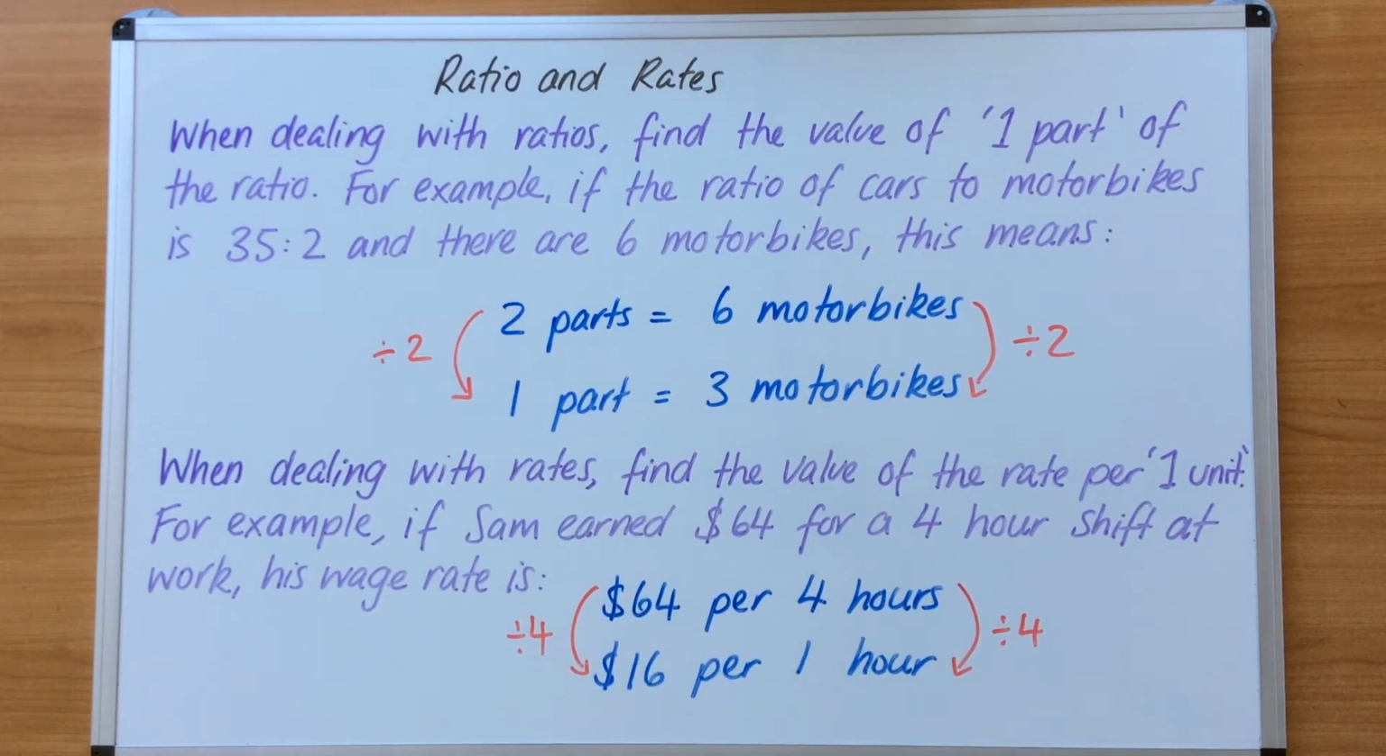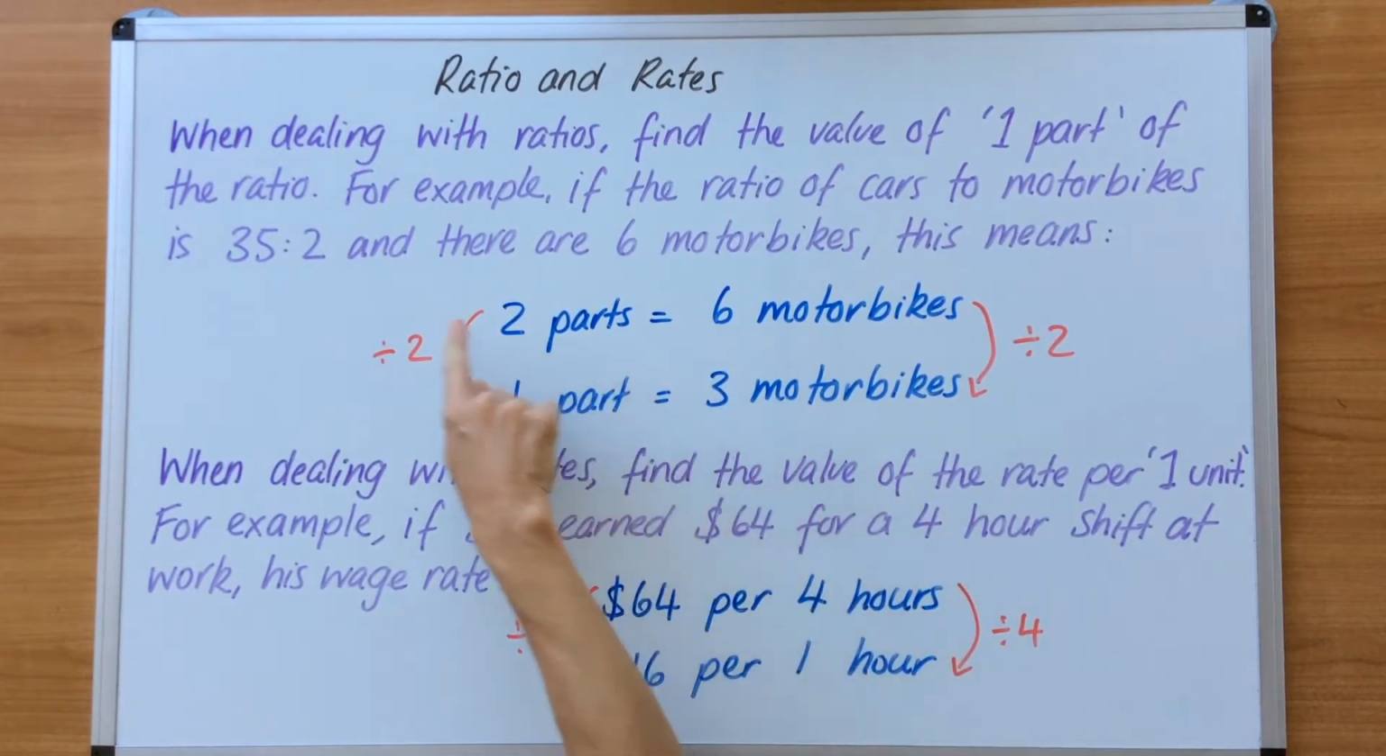In this video, we are focusing on ratio and rates. When dealing with ratios, find the value of one part of the ratio. For example, if the ratio of cars to motorbikes is 35:2, and there are 6 motorbikes, this means,